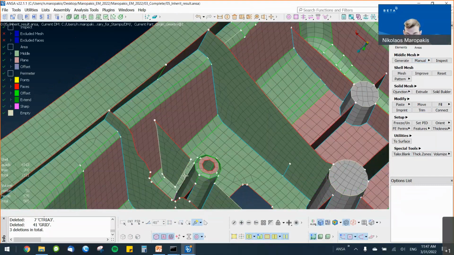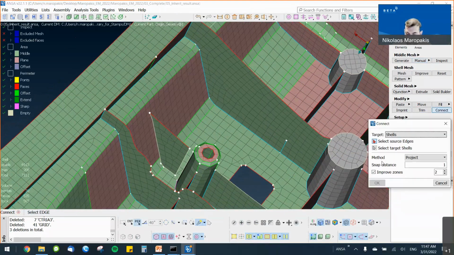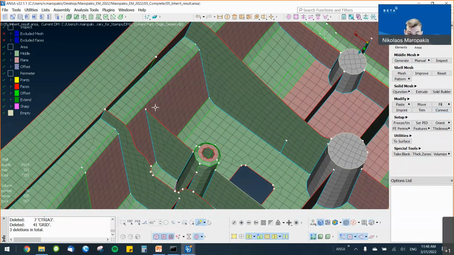The only thing that is now needed is to connect this rib to the rest of the geometry. I will use again the connect function that we saw earlier. I will select the perimeters of the rib, and again I will change my target here to visible cells. I can see the preview that it's exactly what I want. The perimeters are extended to the side. I will accept with the middle mouse button, and with just two functions and a few clicks, I have my rib defined from the associated geometry.